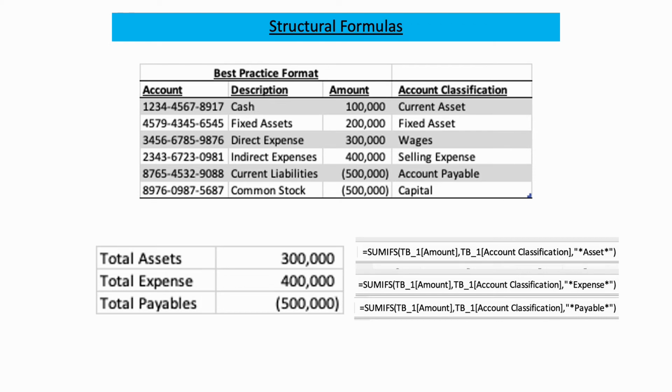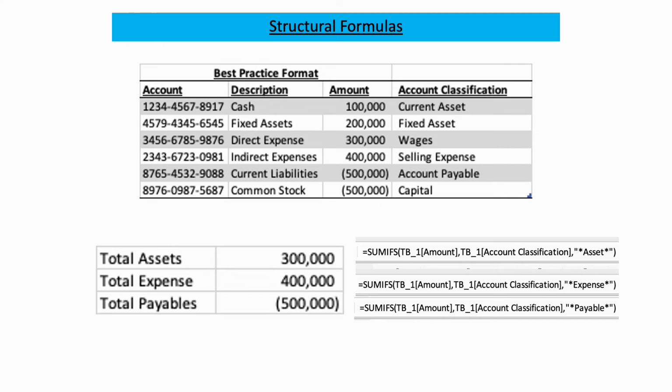So TB_1, amount. That means I'm trying to add up the amount column in my table, which is TB_1, and that consists of these 4 columns and 6 or 7 rows. And then after I define the column for addition, I'm defining the